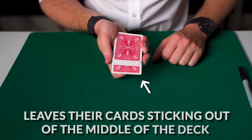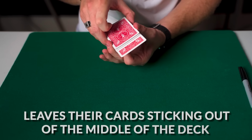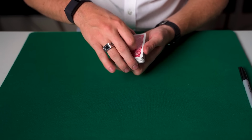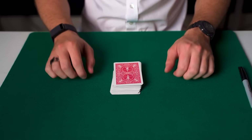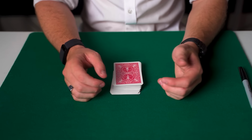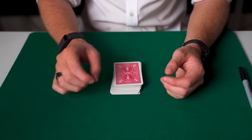He then leaves their card sticking out of the middle of the deck, and then cleanly taps it into the cards. The magician then tells the spectator to look at him as he's going to read their mind. He asks the spectator to visualize their object in front of them and say it over and over again in